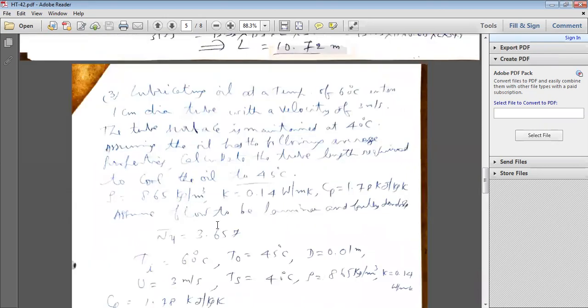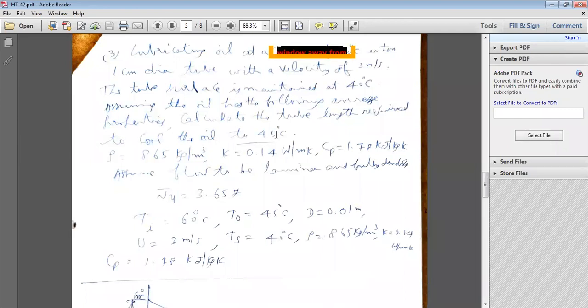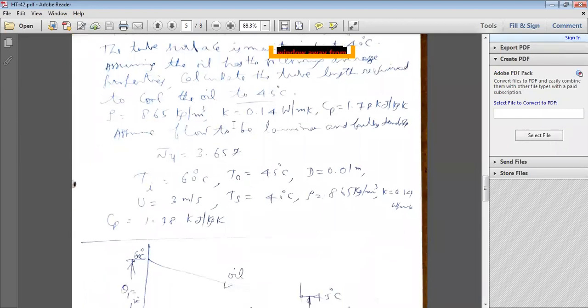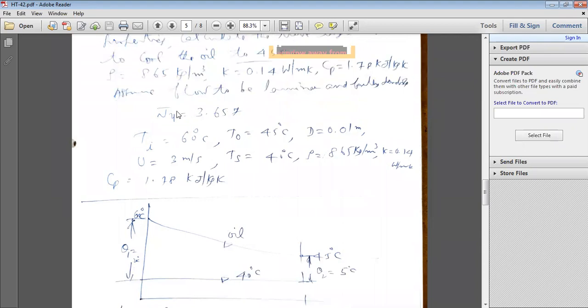Now, the diameter is 1 centimeter, velocity 3 meters per second, constant wall temperature 40 degrees centigrade, and the properties are from the average properties given. Density 865 kg per meter cube. Thermal conductivity of the oil 0.14 watt per meter Kelvin. Specific heat of the oil 1.78 kilojoules per kg Kelvin. Assume the flow to be laminar and fully developed, because here also the wall temperature is constant. The condition is that the average Nusselt number, Nu bar, is equal to